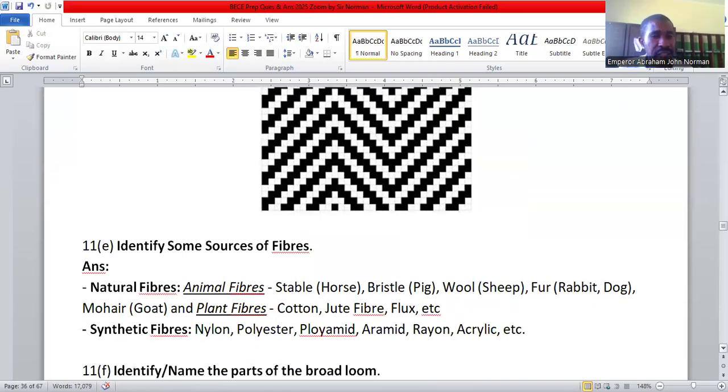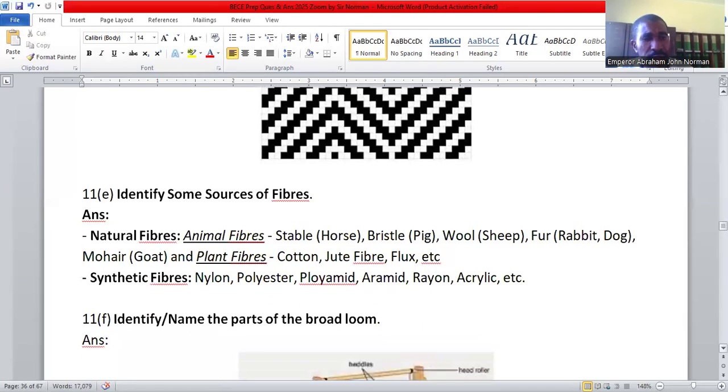Now, the next question says, identify some sources of fibers. Now, we have natural fibers and we have synthetic fibers. Let's take a look at the natural fibers, and let's focus on animal fibers first. We have stable fibers from the horse, the horse tail, and from the back of the neck of the horse, and maybe sometimes